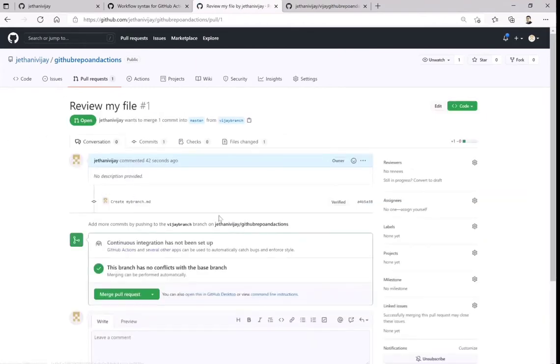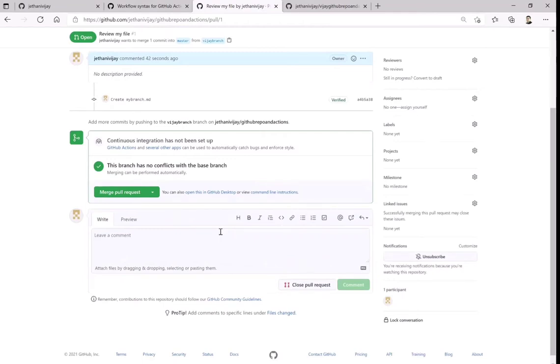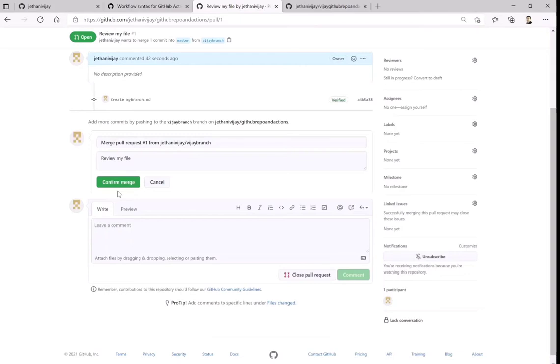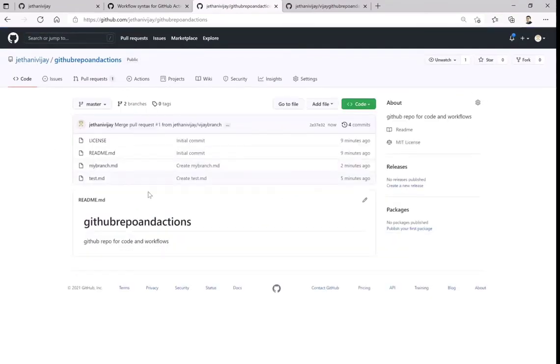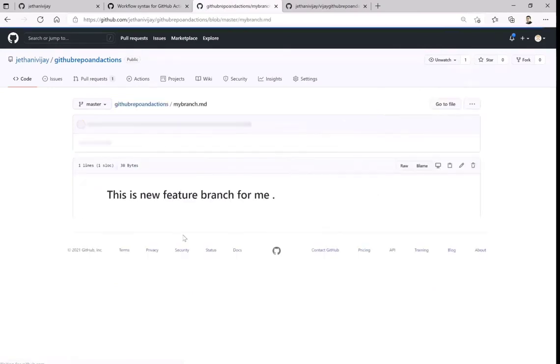Okay, so going back, as I am the sole owner and I have complete access, that is the reason I am able to merge this particular branch of code without any further approvals. But if you don't have access, then it will obviously go through a review process and you will add an approver or assignee. So the assignee in that case will be the project administrators, who will review that and accordingly approve it for your code to be merged to production. Okay, so once I click yes, that is merged. Now if I go back to that repository, I see my branch.md present here, right?